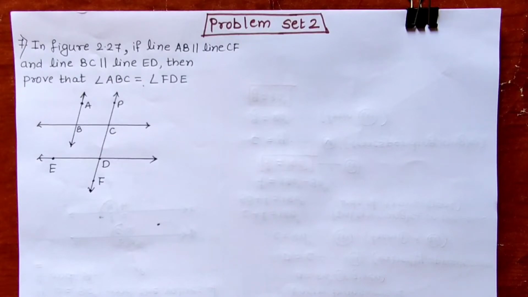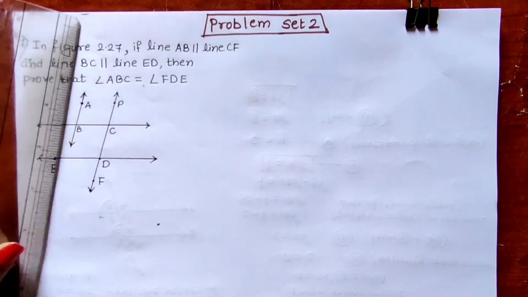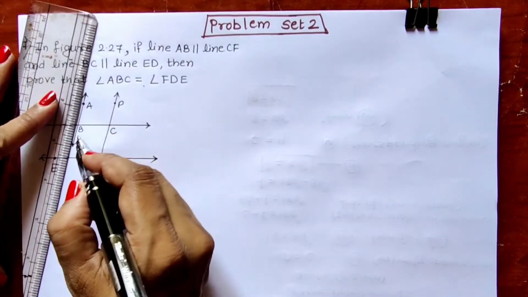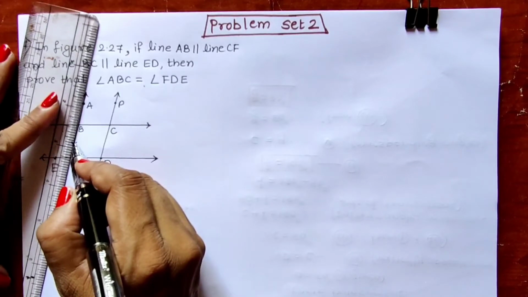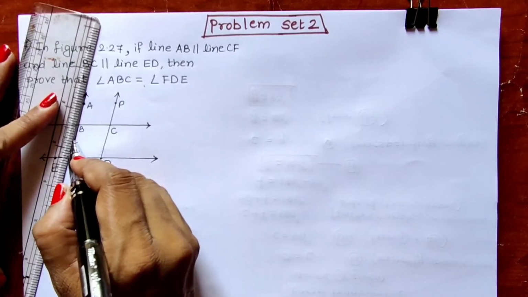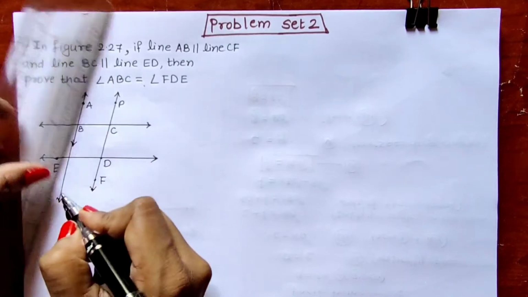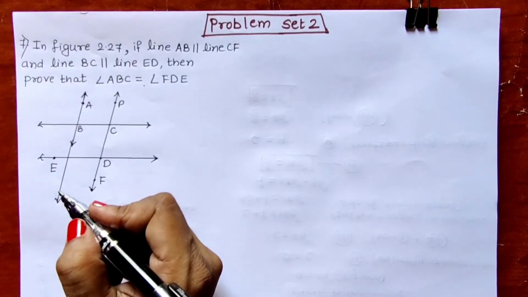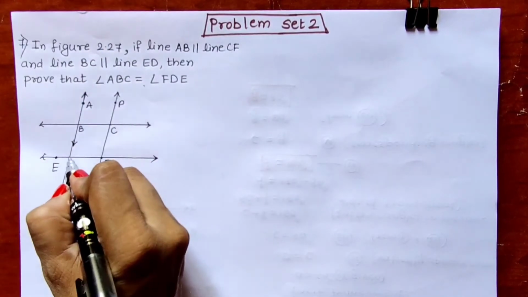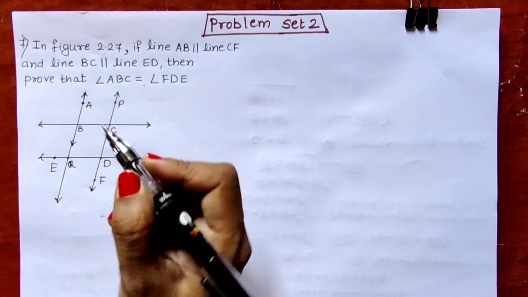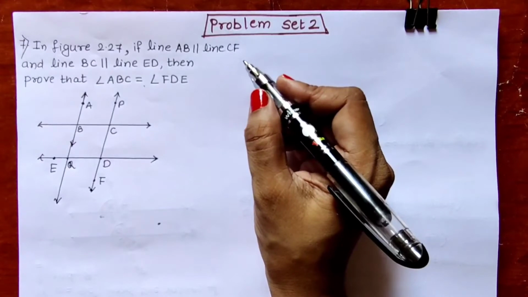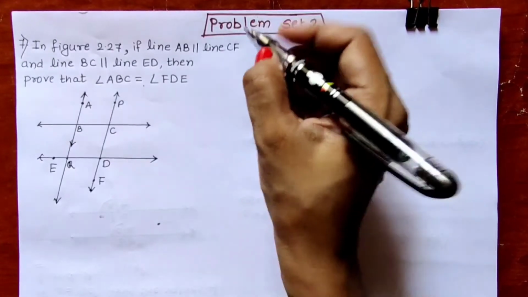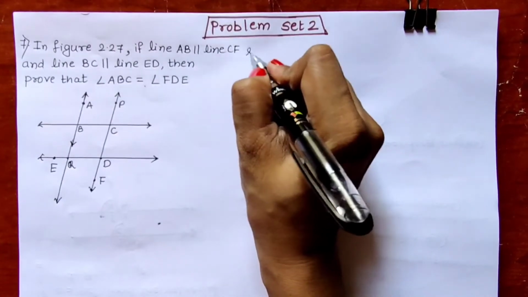I have written the question as it is on my page. I have drawn the diagram as it is on my page. I will be extending this line AB in the downward direction, in this way, and then I will give some name. Maybe this is point Q. So in the solution we will start like this. First we will be writing the construction in the solution.